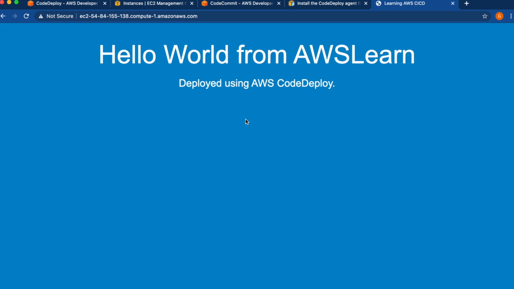Directly we went into CodeDeploy and deployed it, but CodePipeline is one step ahead of this. What it does is it orchestrates between CodeCommit, CodeBuild, and CodeDeploy. So in the next tutorial we'll see how to use CodePipeline to orchestrate all of this.